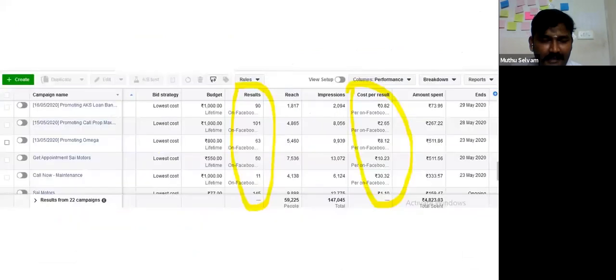This is a dashboard I'm looking at. Some people are asking, sir, if I spend 1,000 rupees, how many leads will I get? It purely depends on your advertisement capacity, how you create your ad, how innovative you are, and how you target your audience. If you are targeting the wrong audience, of course, Facebook will take too much money. You need to pay for that.